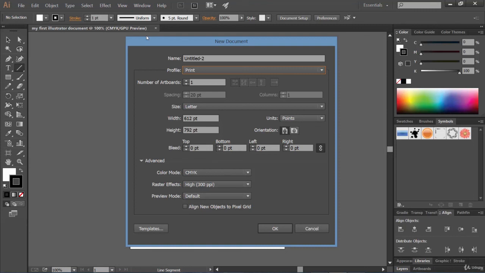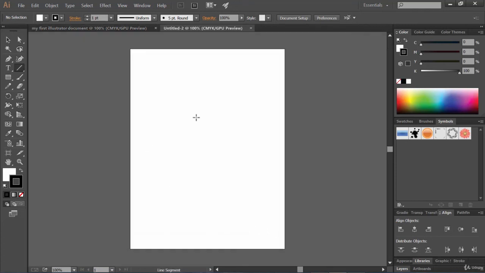So just remember these things. This might be helpful to you, or if you are preparing yourself for Illustrator competition or some Illustrator exam. Remember these terms like PPI. What's the full form of PPI? Pixels per inch. Okay, that's it. Now we are done. Let's click on OK. That's it. So congrats, you have created your second document.